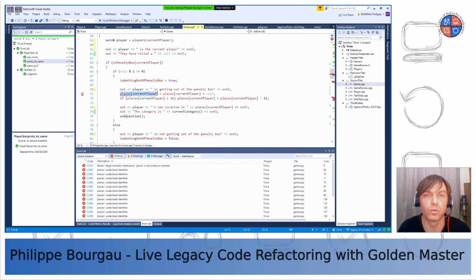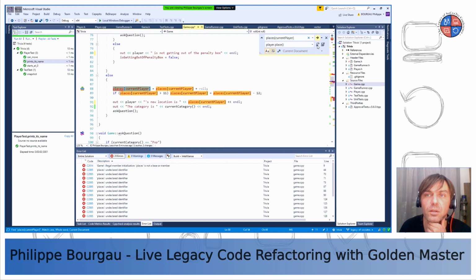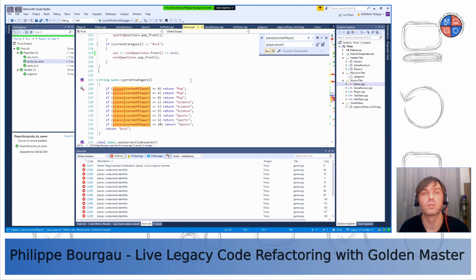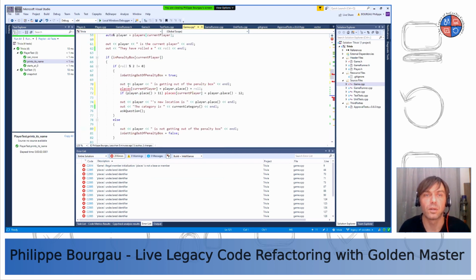And what I'm going to do instead, I'm going to replace most of these with player.place. So this one I can replace, this one as well. Not this one. I can, this one I can as well. Not this one I can. I'm replacing all the getters. I'm leaving the setters out. So, and instead here, I'm going to do player.move to